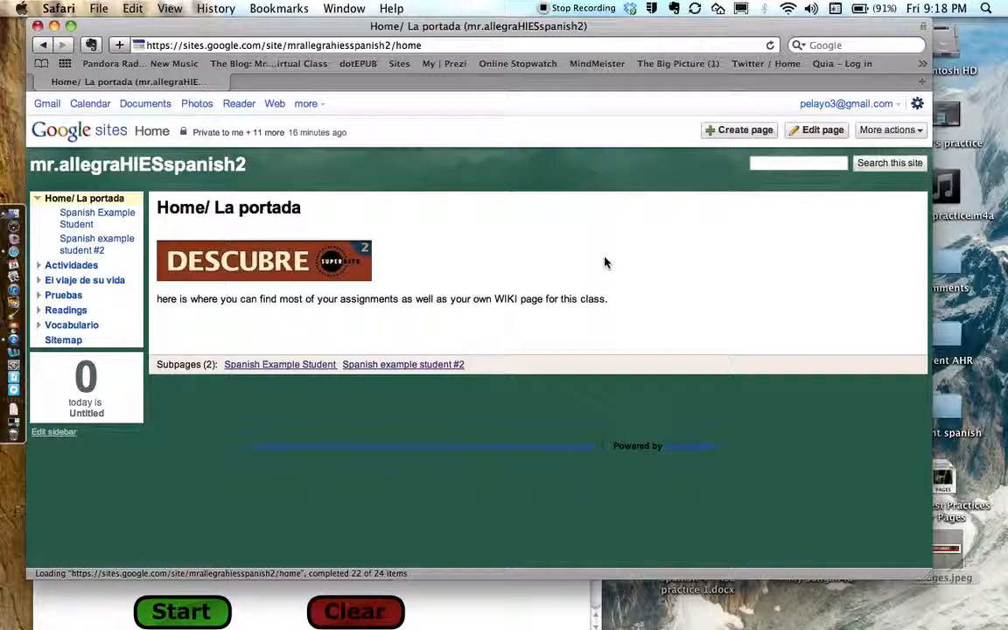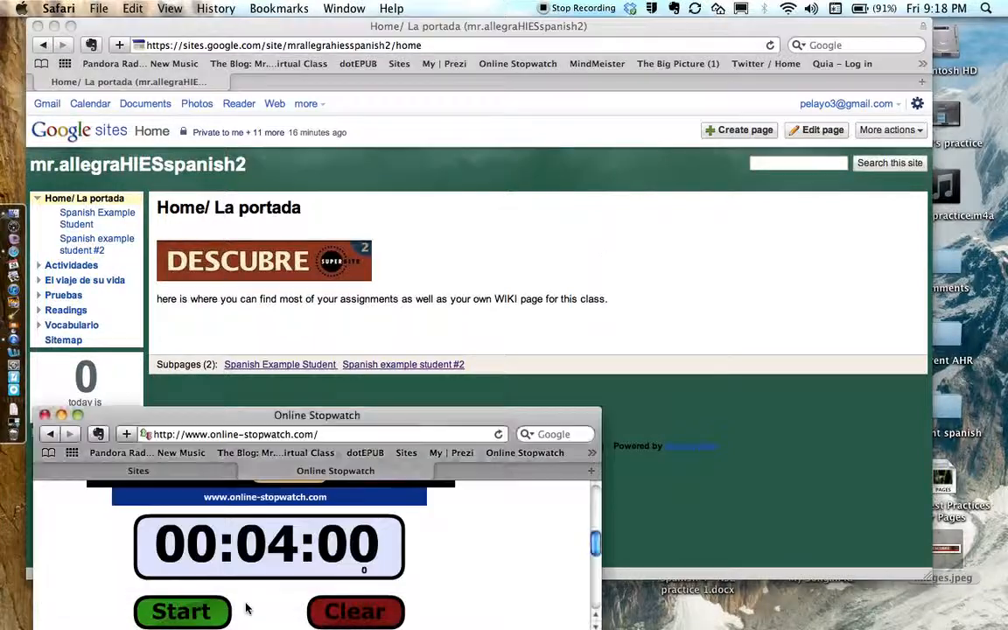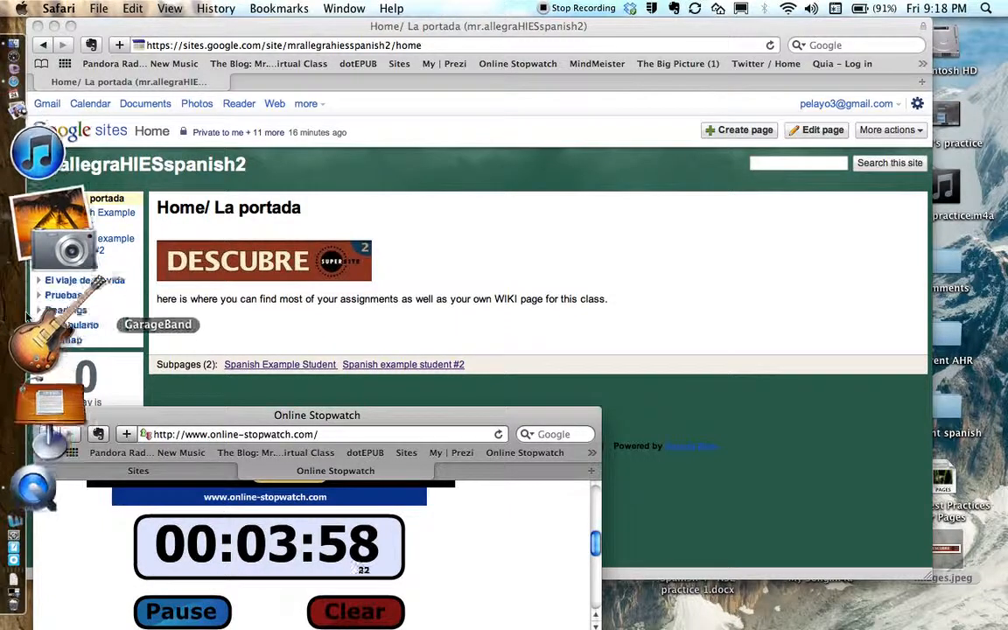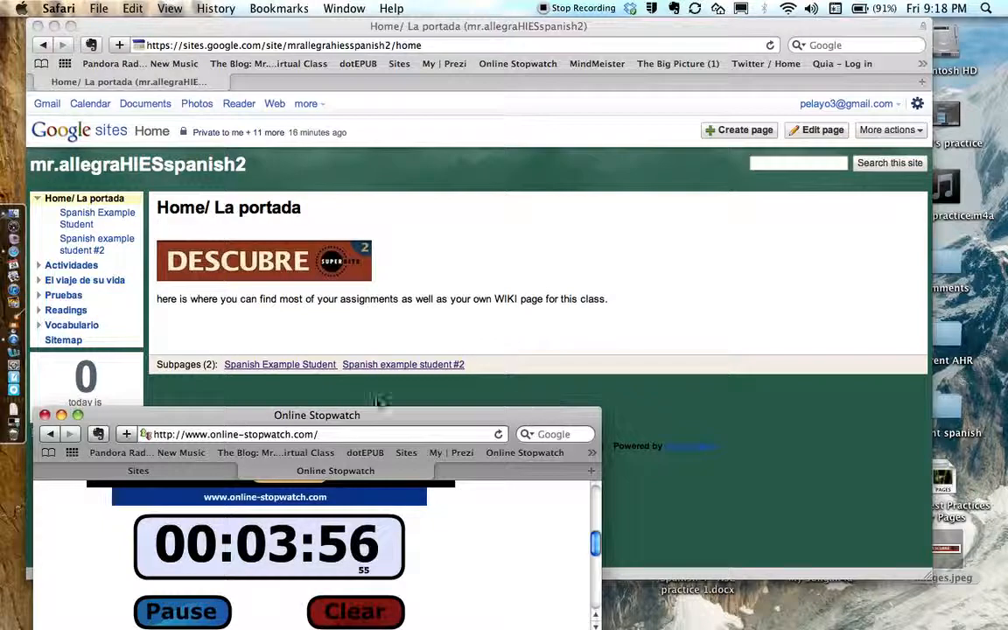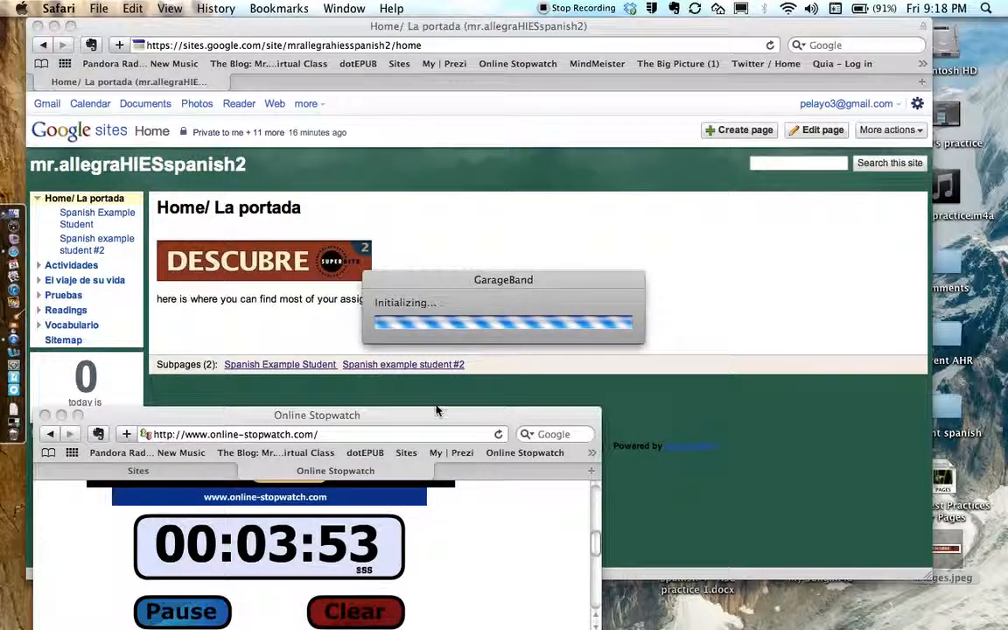So here we go. We're going to look at my timer and start it, and here we go. Of course, I probably should open this before because this is going to take the longest. I open up GarageBand. It's the garage part here. And while I'm waiting for it to open, the beach ball of doom. While I'm waiting for it to open, yes,